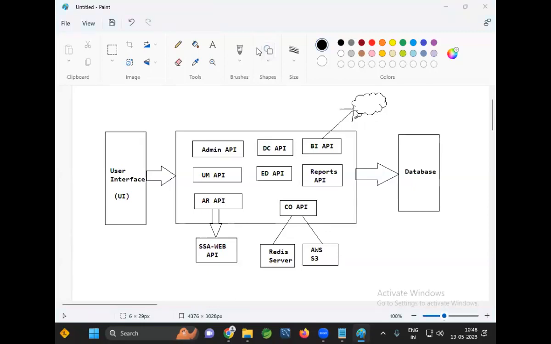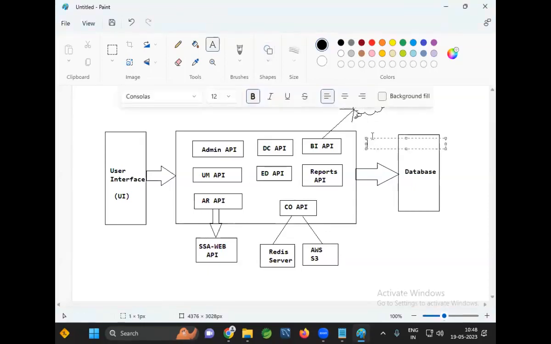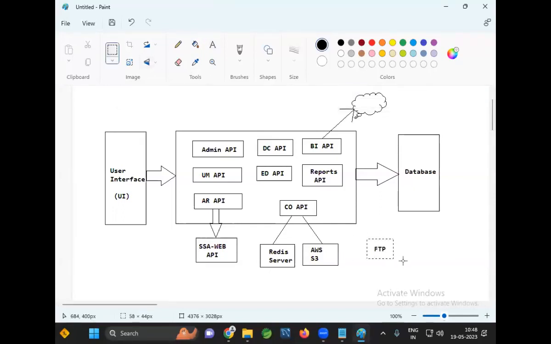Whatever benefits we want to send to the citizen, we don't send directly. We give those benefits to a third-party provider, by using a file. That file we keep in the FTP location, which is taken care of by BI API.